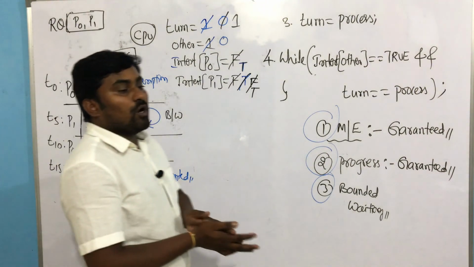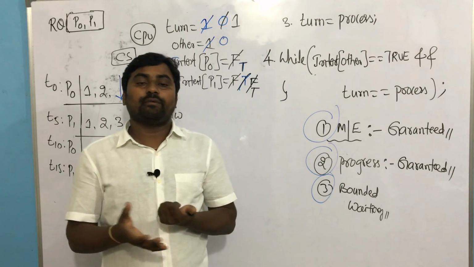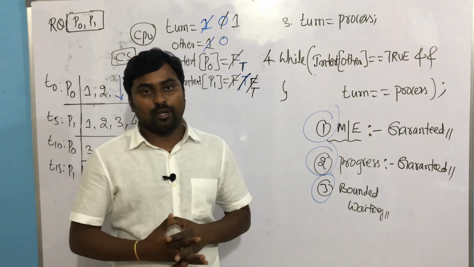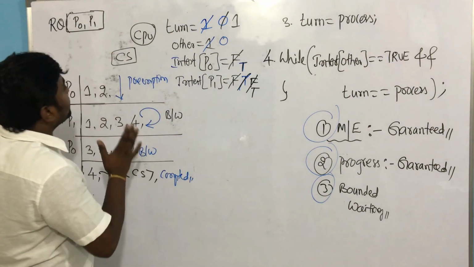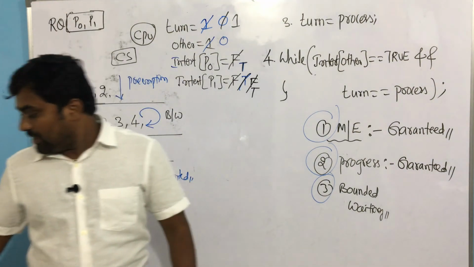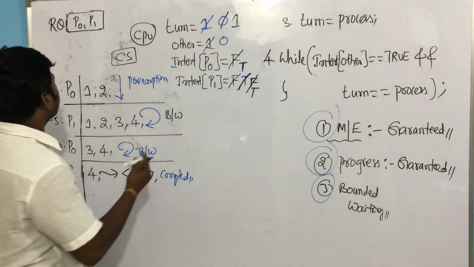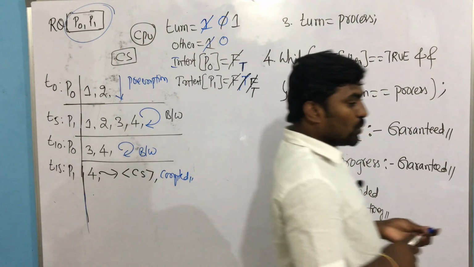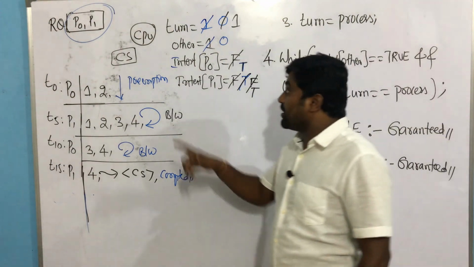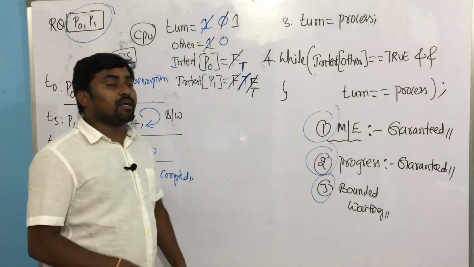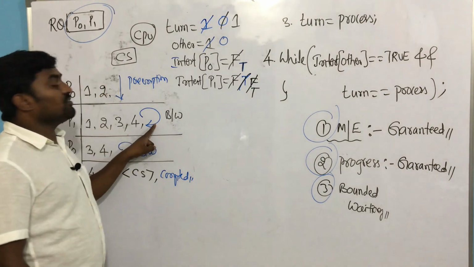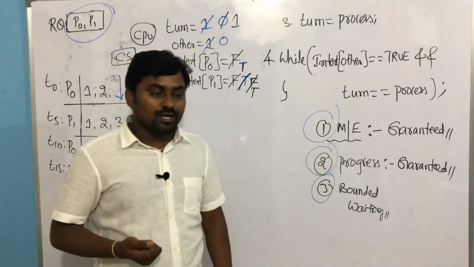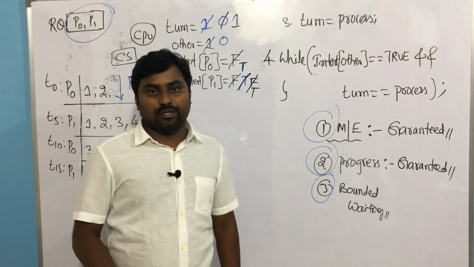Correct? And now we got a very good algorithm to implement in practical cases, Peterson, because it completely satisfies our requirements. And what is the major limitation of the Peterson solution? It is limited to how many processes? Two processes. The major limitation of the Peterson solution is that it is limited to two processes. And the second limitation is that it suffers from busy wait.